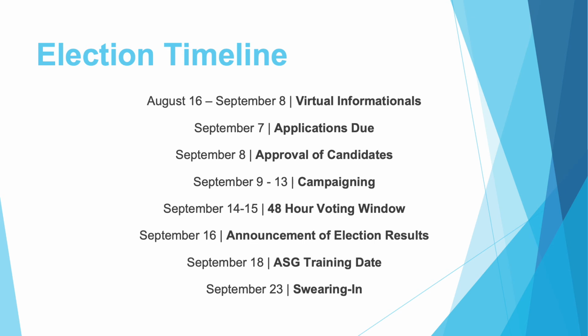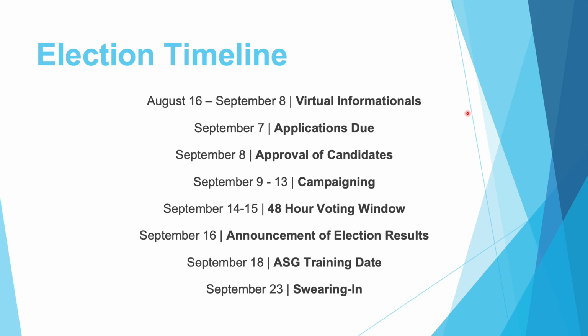Moving on, here's a timeline for the election process of fall 2021. This is specifically for Senate. If you're here for the appointment process, aka Judicial Branch, just sit tight, we'll get to that timeline right after this one. This virtual informational has been sent out with the application, and that's honestly why you're here now.